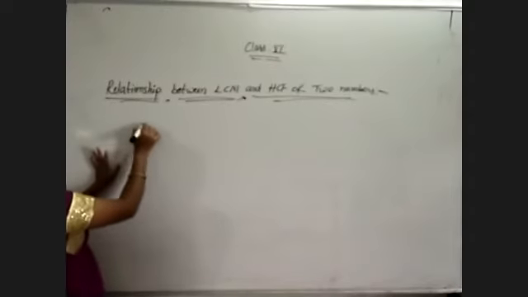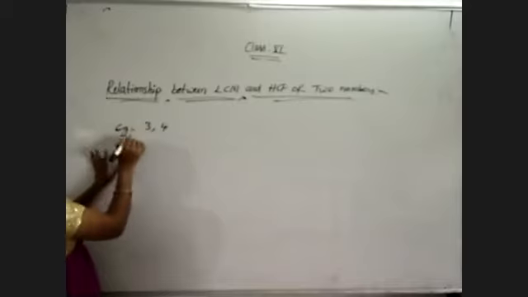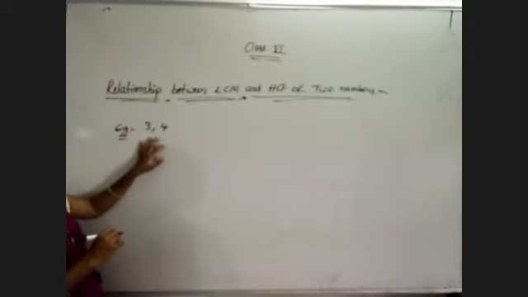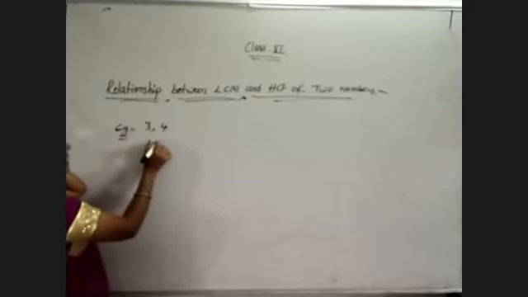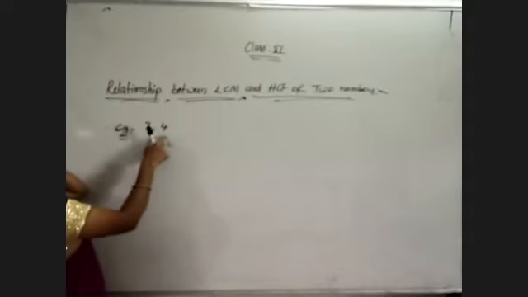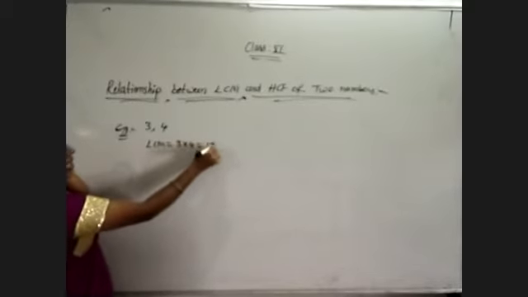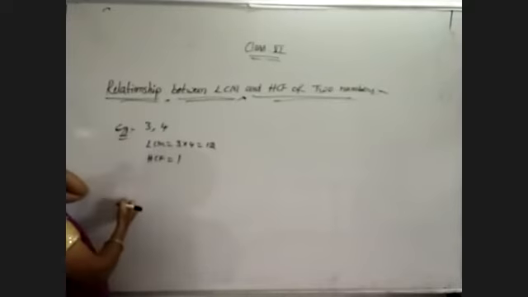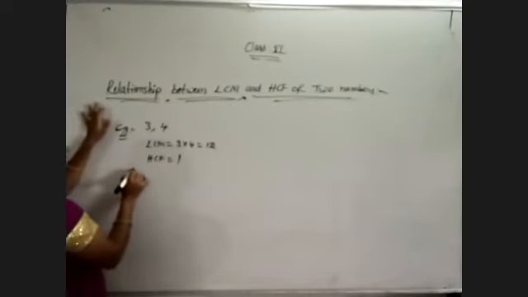Suppose I am taking numbers, let us take the example. So observe this, simple numbers I am taking. 3 and 4, find out their LCM. What is the LCM? Because these two are consecutive numbers, their product only will be the LCM. So 3 into 4, that is 12, will be the LCM of those two numbers. And HCF of those two numbers, 3 and 4 consecutive numbers, so 1 will be the HCF. Okay, now we have the formula.